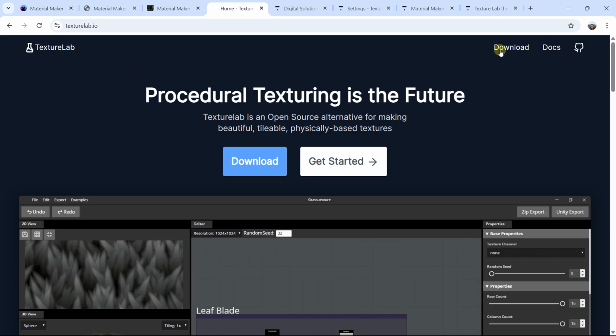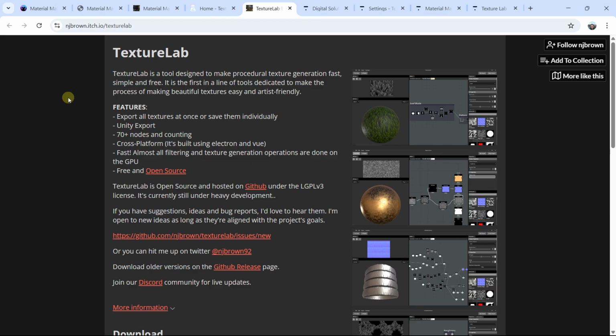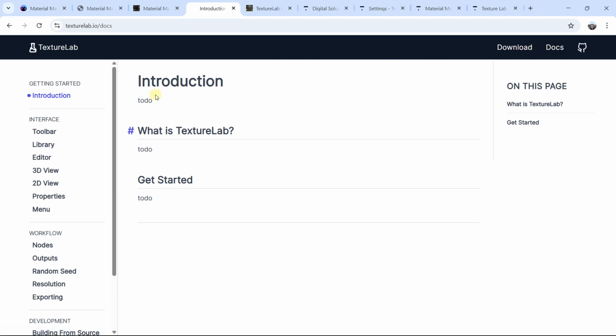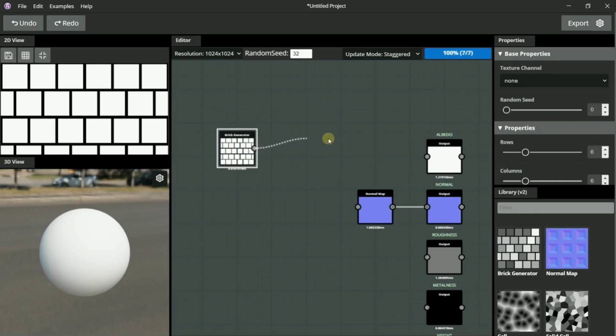You can go on this area, download, and you can open new panels and you will find some information as well. You can also click on doc and you will have information also on the nodes. We can see the interface of